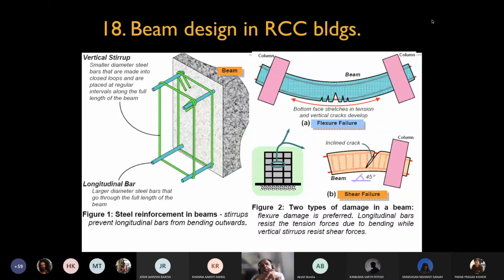Since they do not give warnings like flexural failures, once they start, the beams will collapse. In flexural failure, you will start seeing cracks in the middle. You will see cracks for a number of years before it finally fails. It will go on spreading and elongating before it finally fails. But shear failures don't give any indicators. The corrosion can set in inside, and one fine day there will suddenly be a snap,